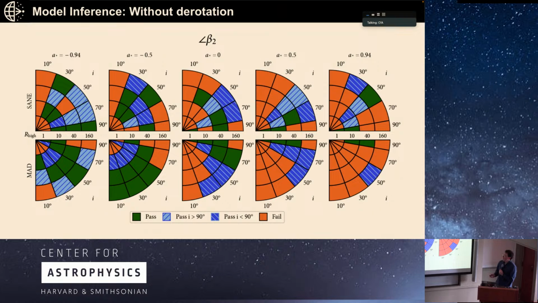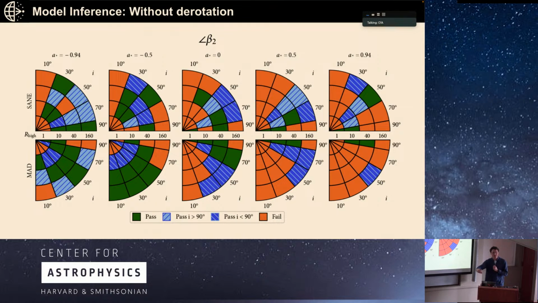Then let's look at beta 2. The problem with beta 2 is that it depends on this derotation of the Faraday effects that Angelo was telling you about. So I'm going to show you two versions of this plot. The first version, where we take what we observe at face value, we don't do any derotation, and we just apply our constraints. So this would be the scenario in which all of the Faraday rotation is happening very close to the black hole, where it's already naturally included in our simulations.